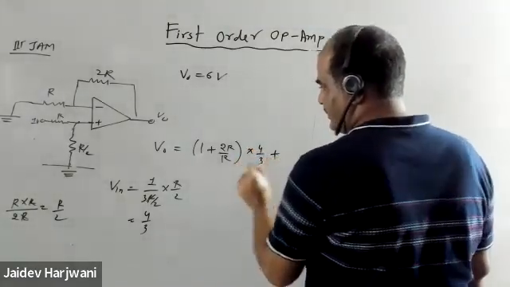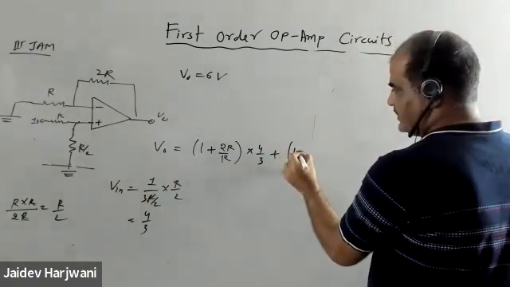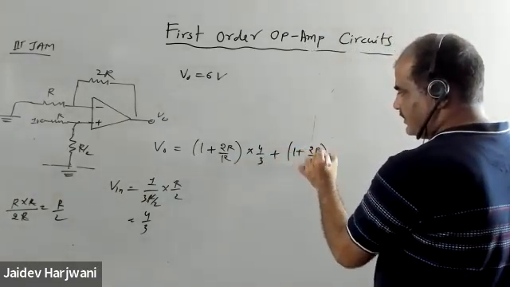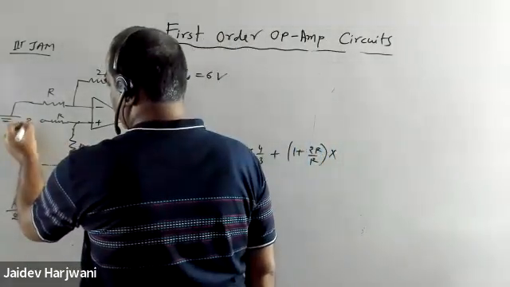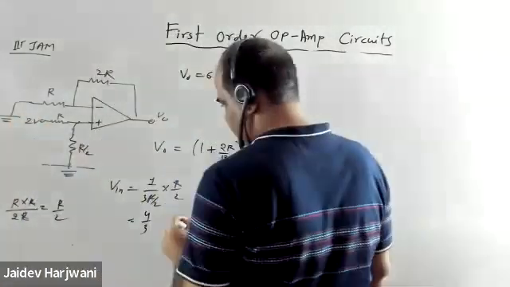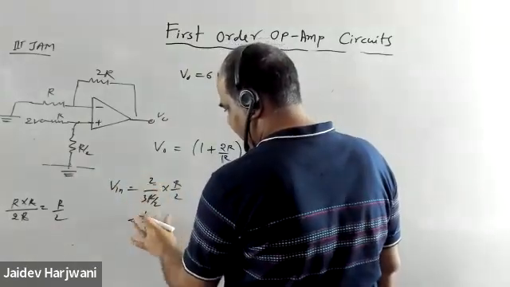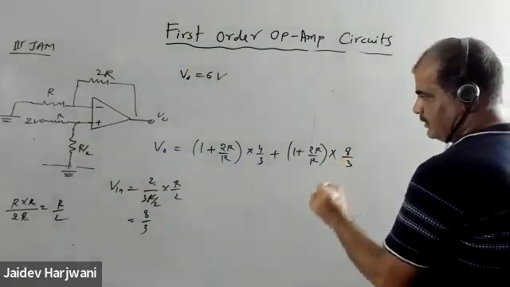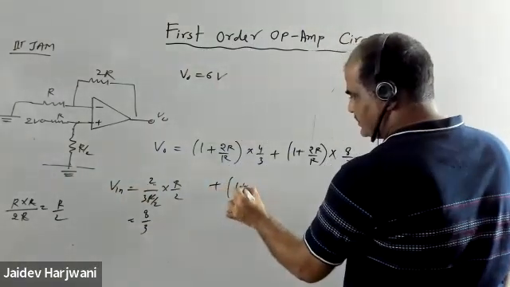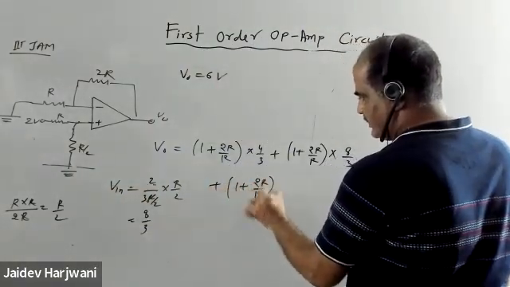Okay, again minus 1 plus 2R upon R into, when I take 2 volts. Okay, so the other 2 is, so here I can take 8 by 3. This becomes 8 by 3 and plus 1 plus 2R upon R into,